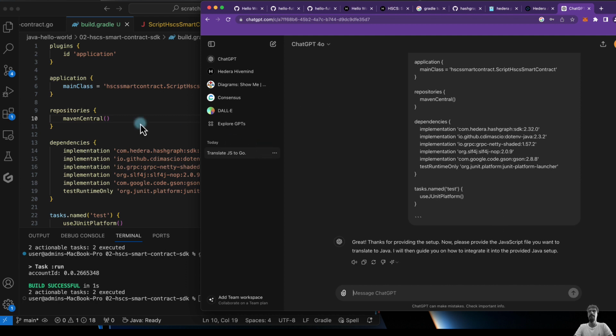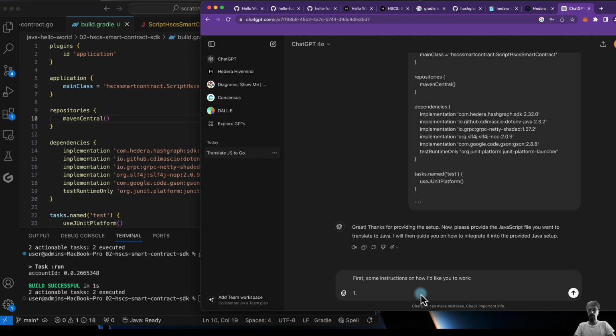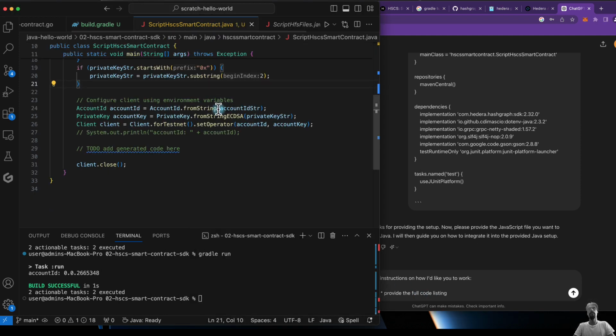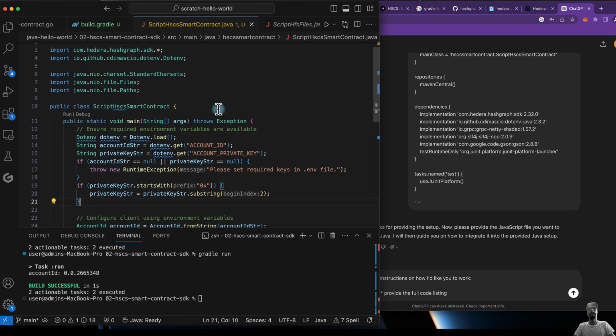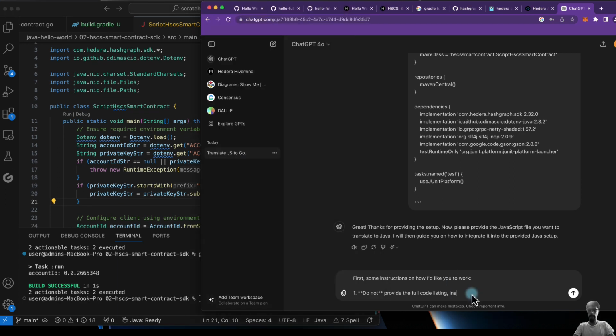Okay, I'm not going to give it that quite yet. First, some instructions on how I'd like you to work. Do not provide the full code listing. Instead,